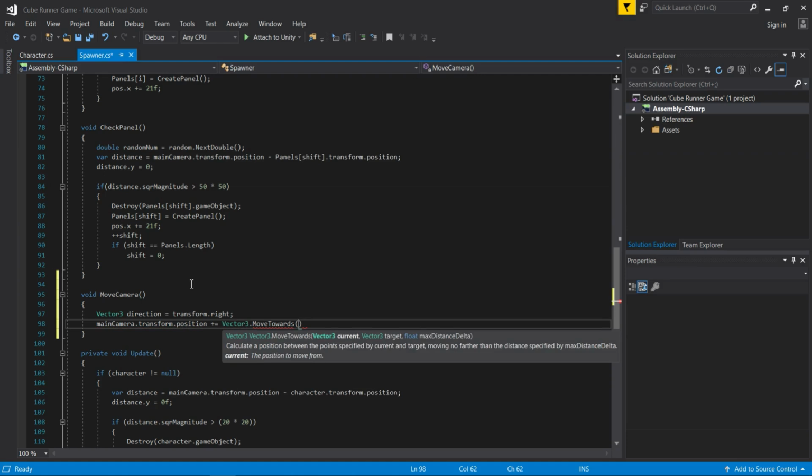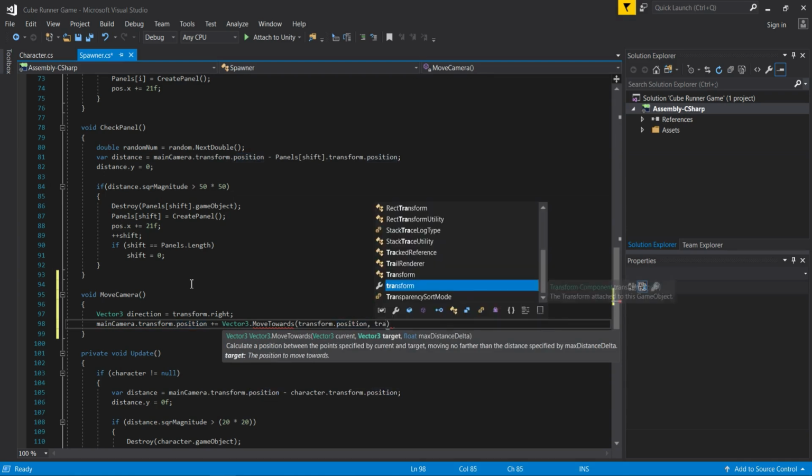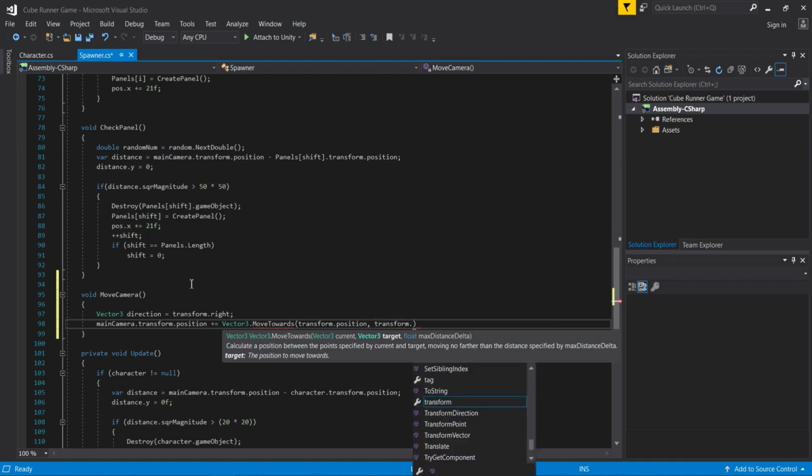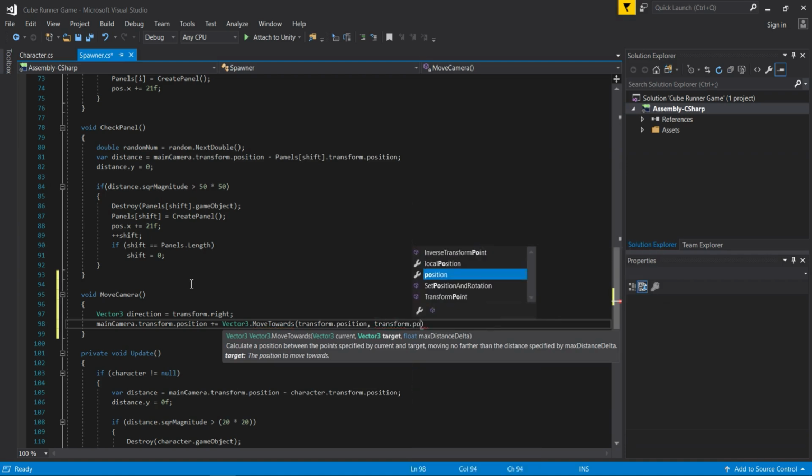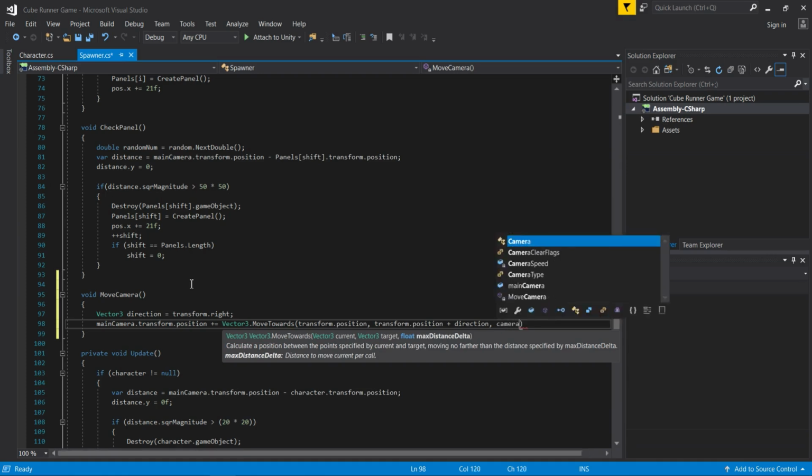And in the parentheses, for the Vector3 current position we are going to add the current position, and then for the second parameter, which is the target, we are going to use our transform.position plus direction, which is the right direction that we have provided right above. And then for the last parameter we are going to use our camera speed variable value, that is the float variable, which will be actually increased